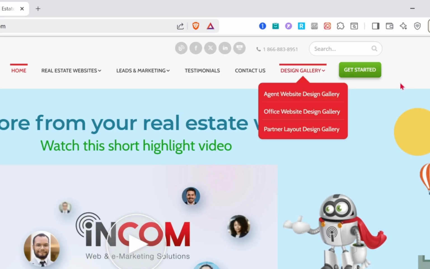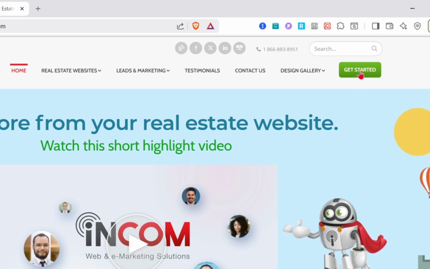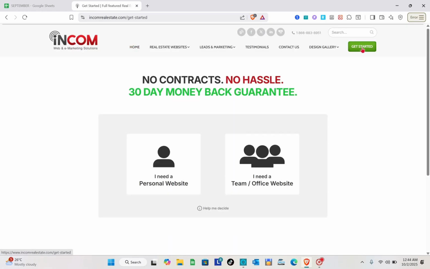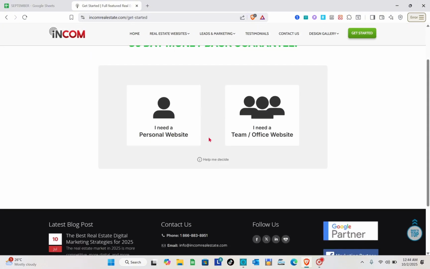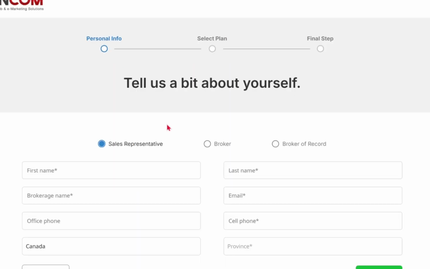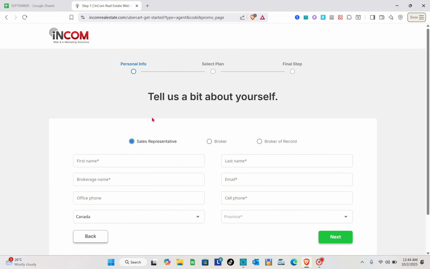After that, you will be redirected to this website. The next thing that you're going to do is to simply click on the get started option. That's right. Then here you just have to choose I need a personal website or I need a team office website. For example, I just need a personal website. Just click on it, and then right here you have 3 steps to finish. The first one is your personal information, then you select the plan, and the final step is about